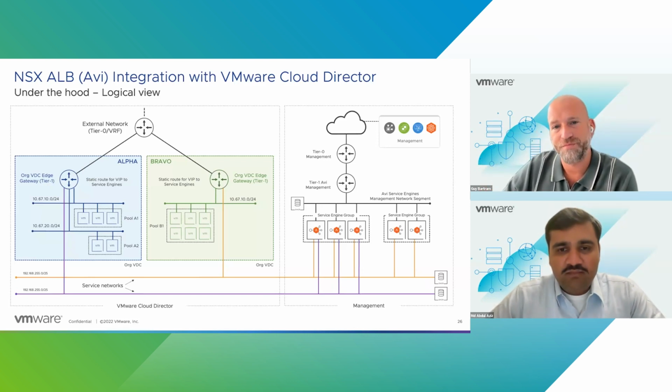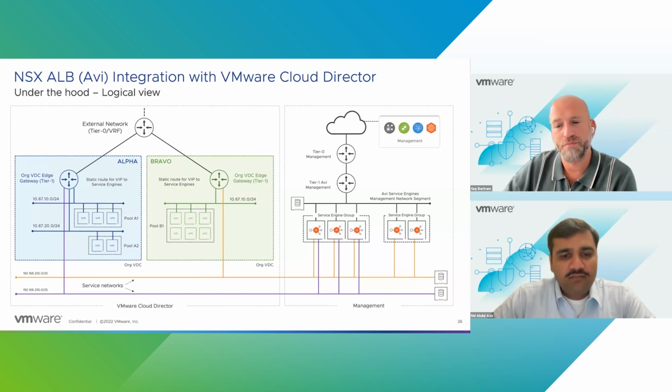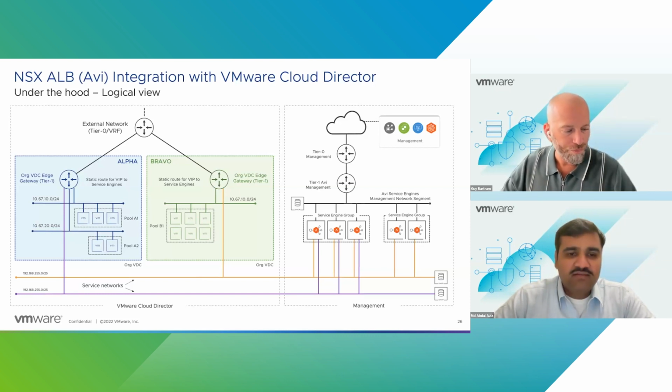Partly it's a cost element, right? So you could have a lot of small tenants that, instead of having them each with their own dedicated service engine groups, right? So now there's cost to that, especially if they were using premium. So it's a cost to the service provider to run those because they're all using virtual CPUs, RAM, and storage, right? So those are virtual machines. Those service engine groups are the virtual machines running the virtual services. So now I can put a bunch of small tenants within one service engine group to share those resources out.